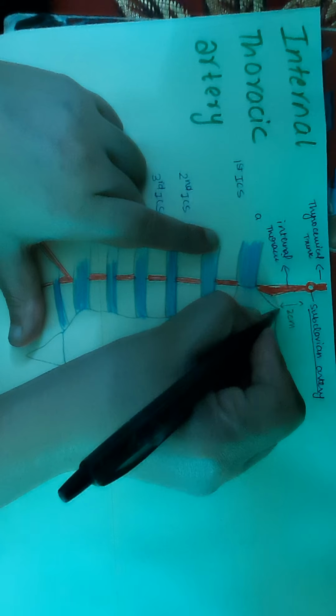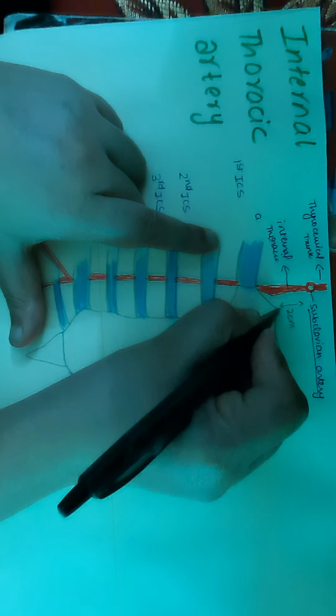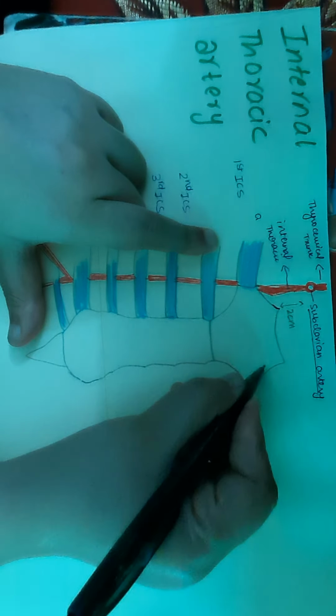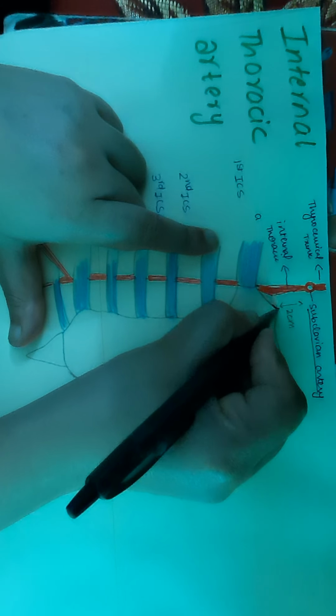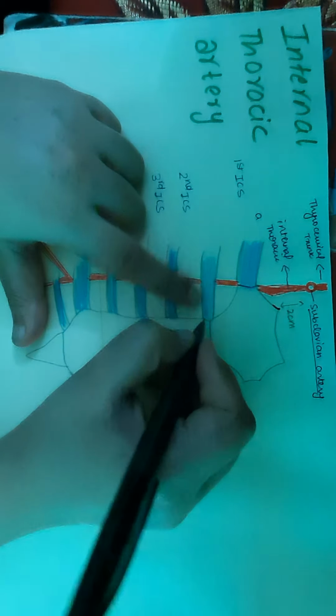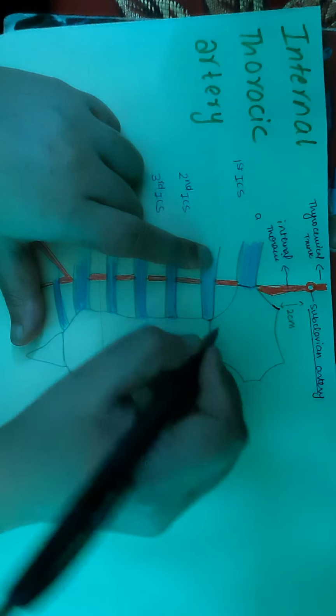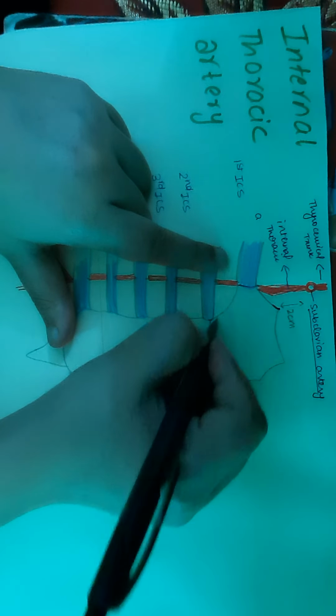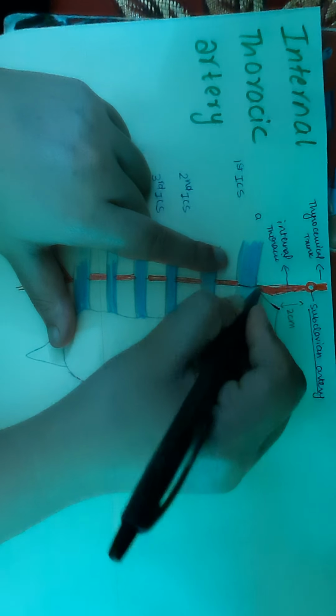Now, second point: this is the sternoclavicular joint. This is the attachment to the clavicle. This is the manubrium, right? So on the manubrium we have two attachments. Then we have the sternum, and this is the first rib, right? And then there is a small demifacet for the second rib, so that's not being considered. We have just two on the lateral aspects: the clavicle and the first rib.